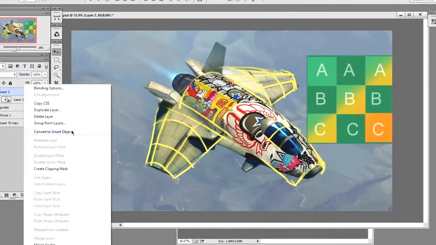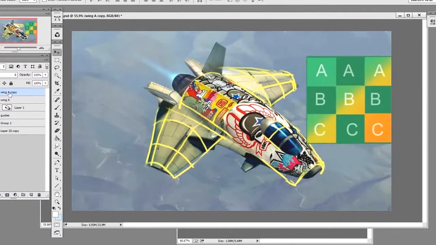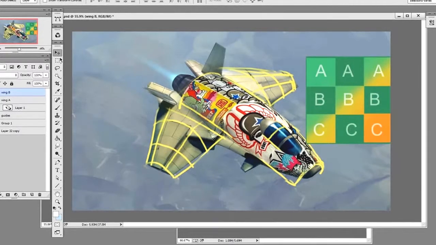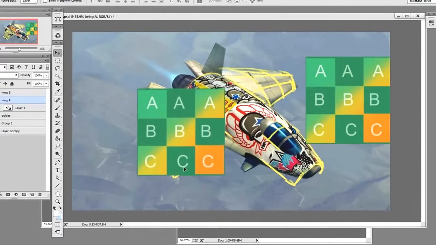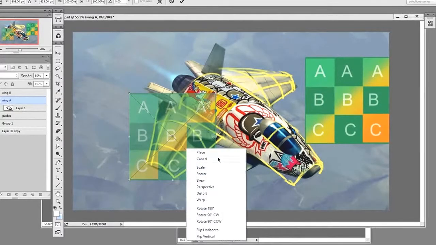So here I'll convert it to be a smart object, and I'll call it wing A, and then I'll duplicate a copy and call that wing B. So with wing A, I'm going to lower the transparency a little bit, do my free transform,